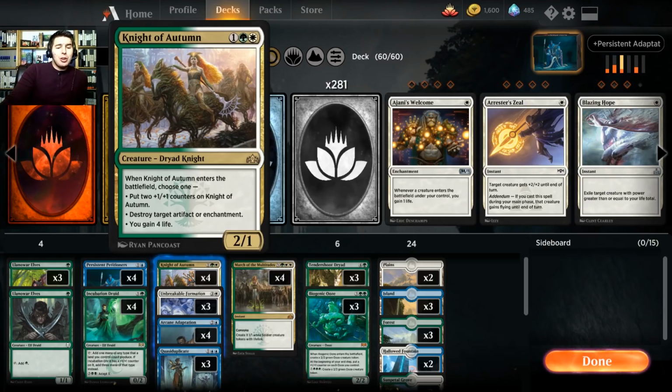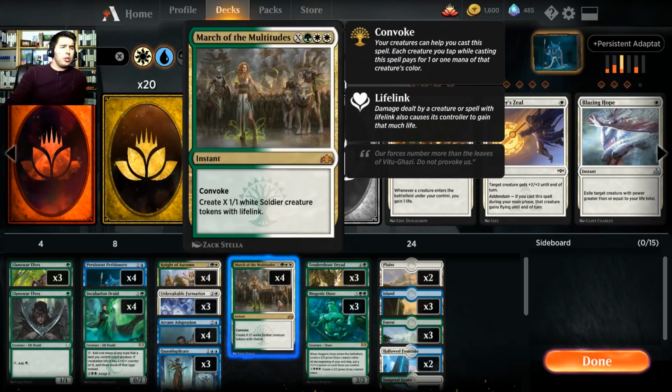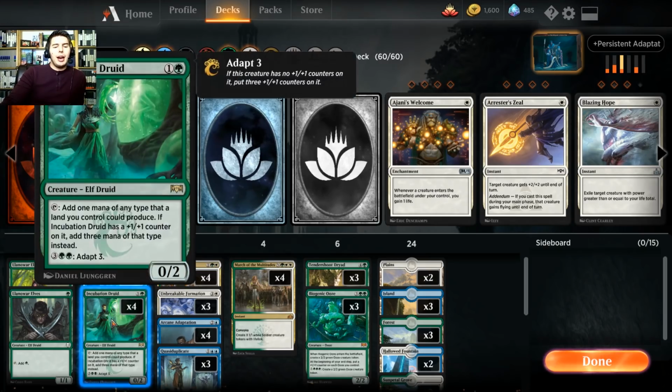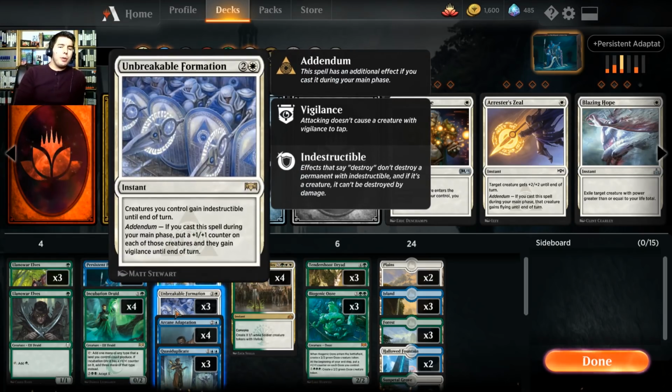I'm actually noticing this deck is pretty good. We don't have as much interaction as I probably like, so I would tweak a couple things. Maybe drop one or two March of the Multitudes for Carnage Tyrant, a couple other things. But I am trying to build this deck right now so that we can actually have a chance to get Persistent Petitioners out. We also have Unbreakable Formation, which is our other win condition where we can just,